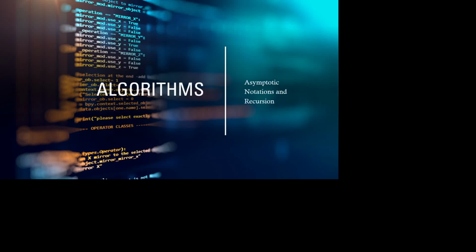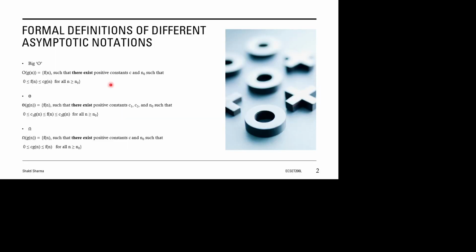Hi guys, in today's lecture we are exploring some of the basic topics of algorithms known as asymptotic notations and recursion. There are three popular notations in asymptotic notations known as big O, theta and omega, where big O represents the upper bound, omega represents the lower bound and theta represents both lower and upper bound of a